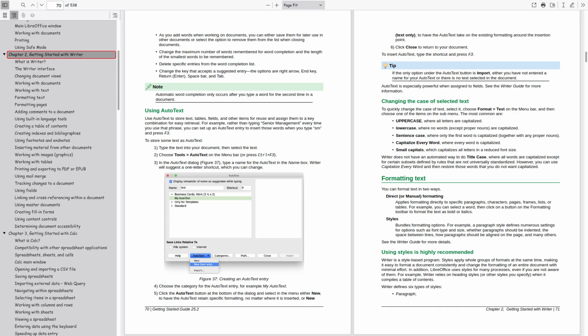Using AutoText. Use AutoText to store text, tables, fields, and other items for reuse and assign them to a key combination for easy retrieval. For example, rather than typing "senior management" every time you use that phrase, you can set up an AutoText entry to insert those words when you type SM and press F3. To store some text as AutoText: